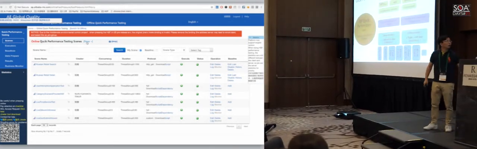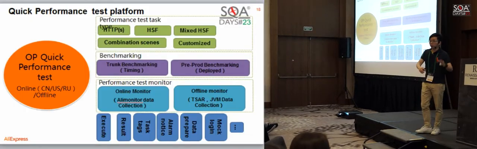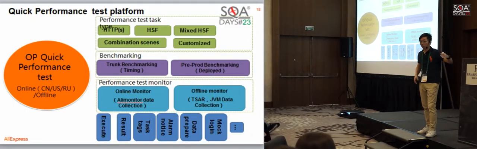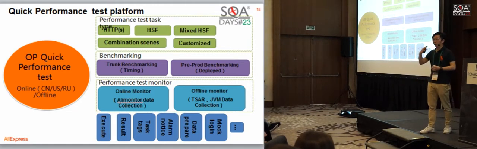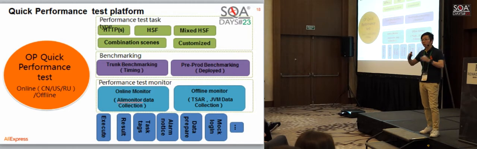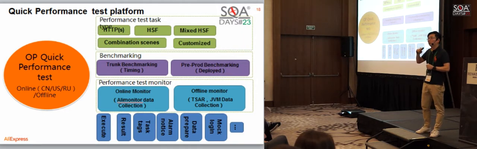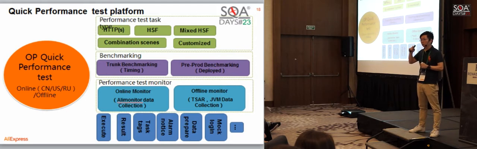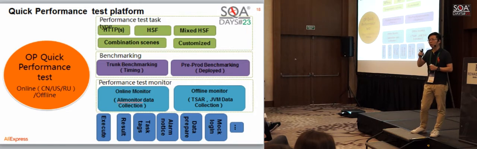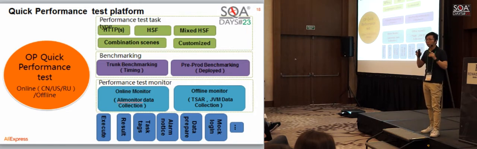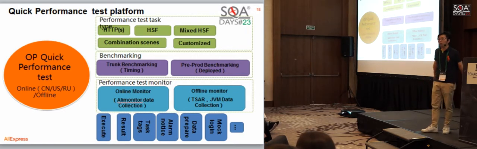For the quick performance test, we use JMeter on our backend. And for the all-link performance test, we use private tools. These private tools were deployed on the cloud, and it was sold in China. We use another name, PTS platform, and it was sold in China by the AliCloud company. It is also in our Alibaba group.